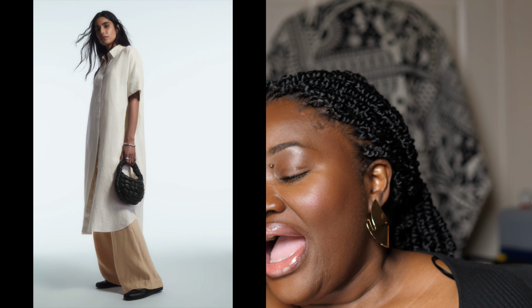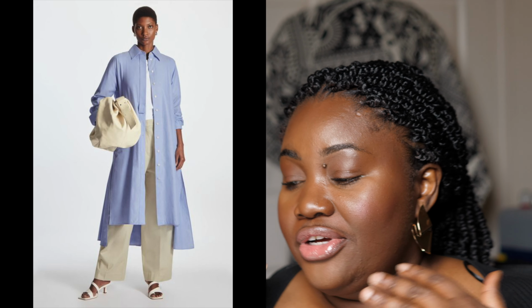Another top I want to make is the Cynthia's shirt by VikiSews. One of my favorite ready-to-wear shops is COS, and COS have this thing where they do a lot of oversized shirts. I have so many of their oversized shirts, but they're not cheap. They are not cheap. So if I have access to all of this fabric and patterns that are good, why shouldn't I sew mine? So I want to sew a Cynthia shirt, but then I also want to hack it and sew